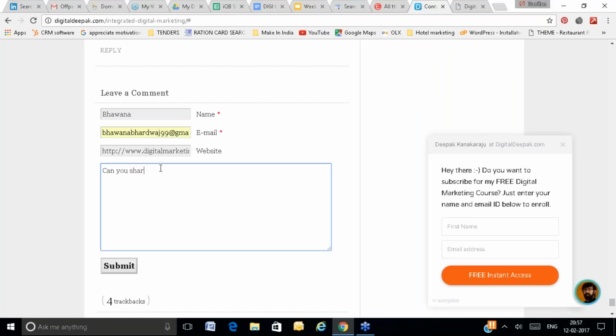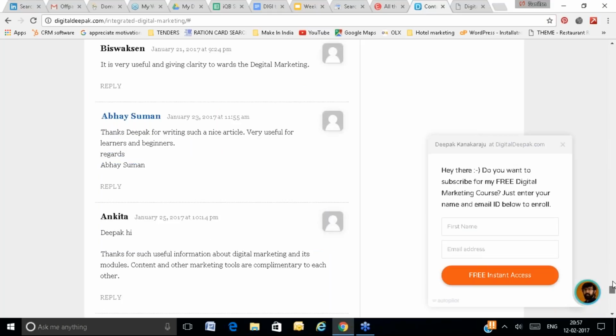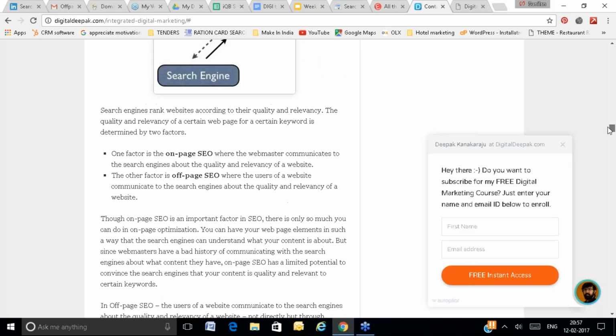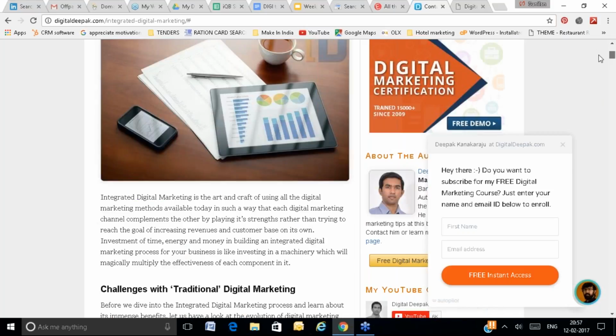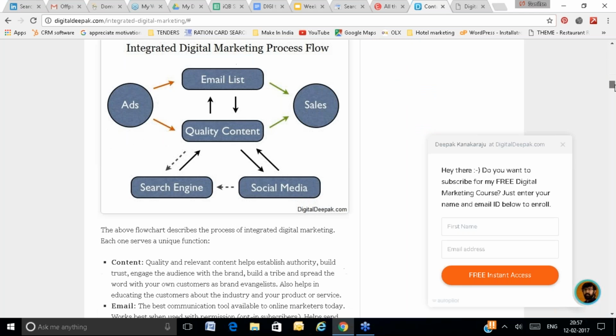Before commenting, go through the content, what they have talked about. The content is all about content marketing, how to plan, execute and integrate a digital marketing campaign. So you have to go through this content.